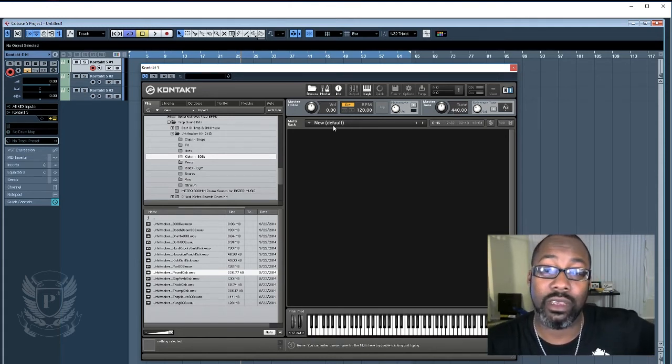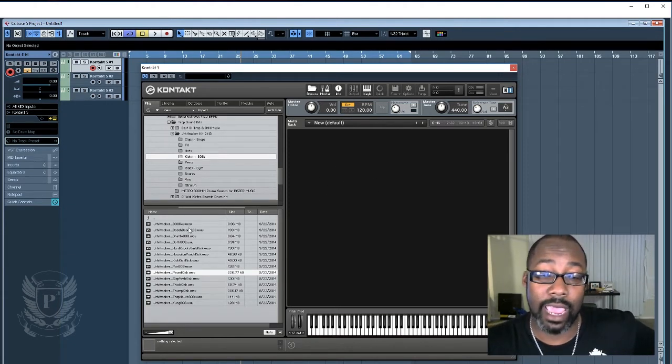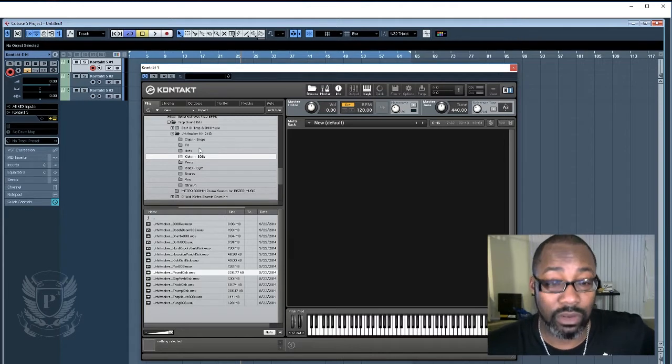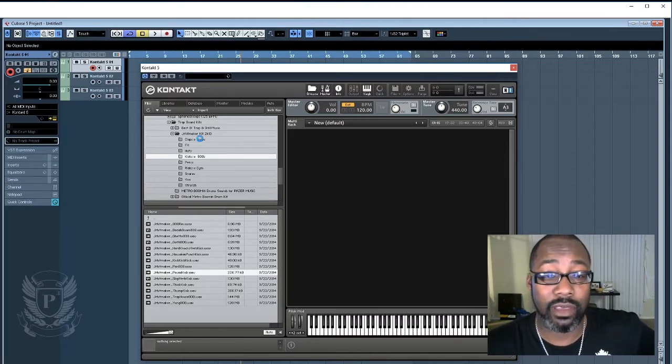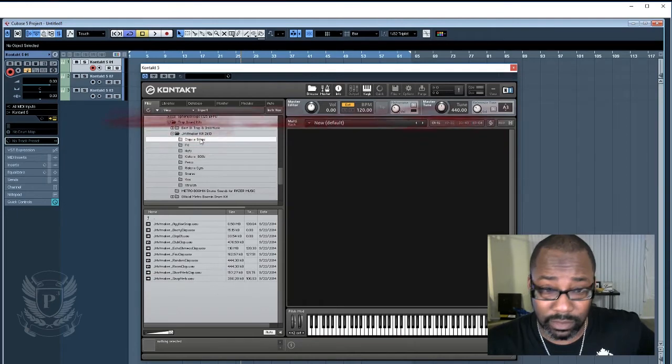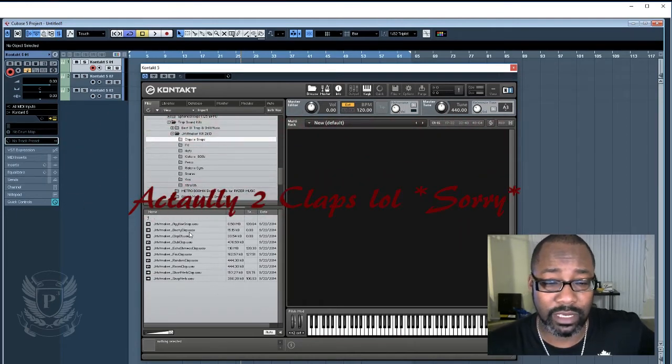to master tune the tonality of the actual sample that you're using. And this area right here is the multi-rack area. You can actually add multiple things. So for instance, if you want to have a clap and a snare, you can go to your little list of where your samples are,